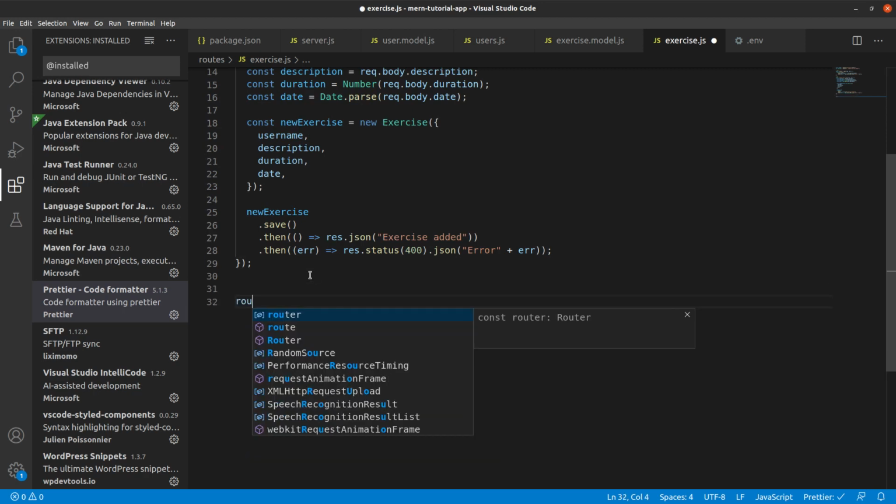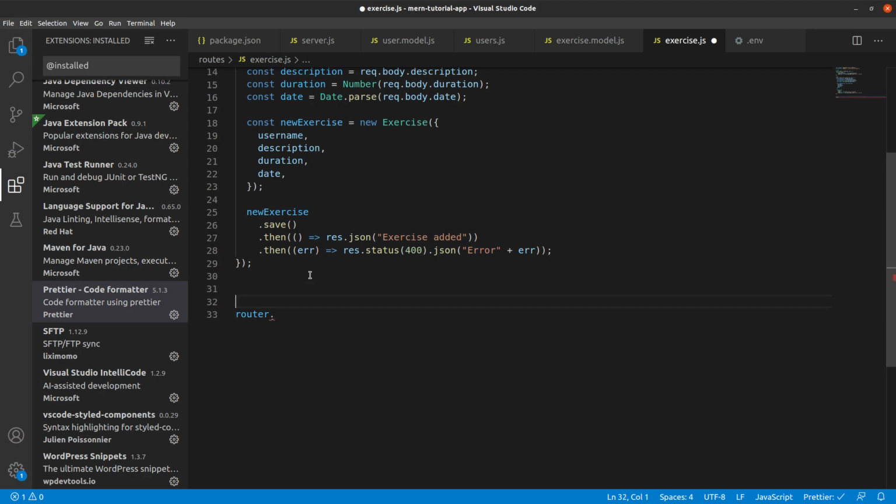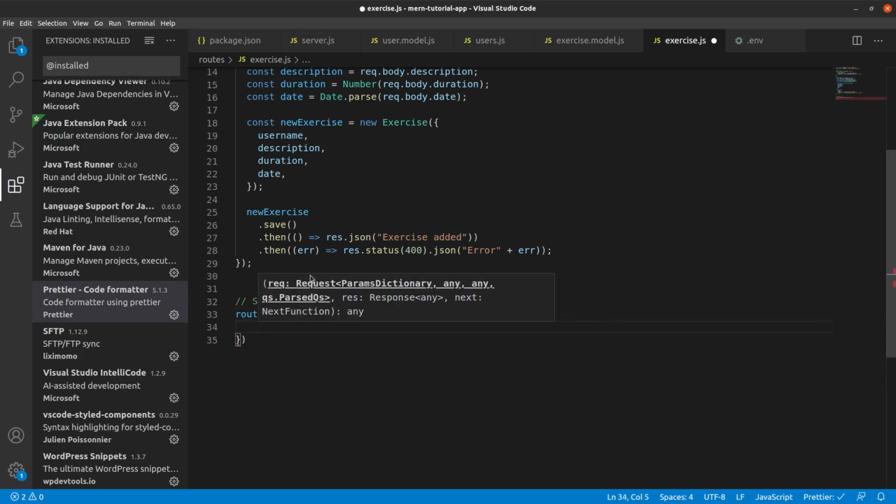So let's do search on ID, router.route. Here we will say router path, but not a fixed string but a variable string, which will be our ID. Get some request, some response, and let's implement these things.